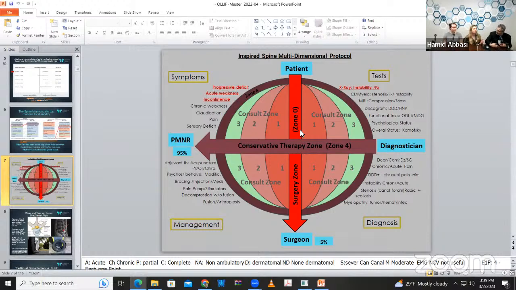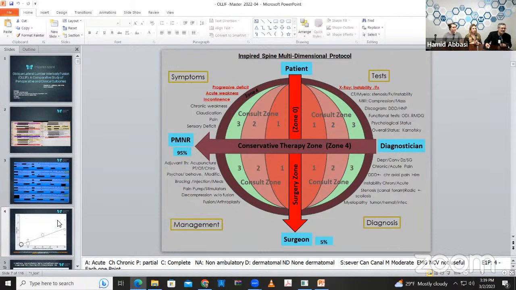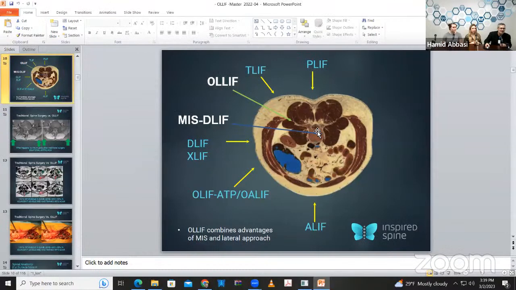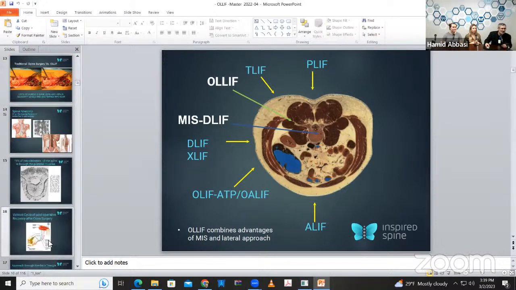So can you give us a very brief, simplified explanation of the OLLIF procedure? So in the OLLIF procedure, we talked about that the problem is the disc. Unfortunately, the Lord didn't ask me when he was building the human body, and put the disc right in the middle of your body. No matter what direction you go, you have to go through a lot of tissue. You can go from the back, strip the muscle, kill the muscle, or go through the belly, and put them in danger. What we do, we literally put the patient on their